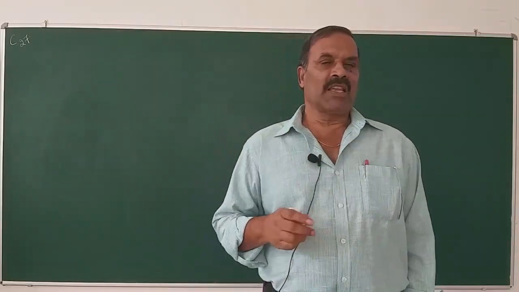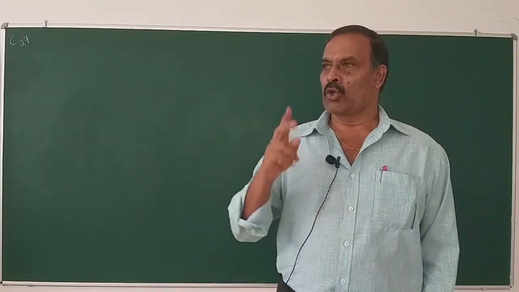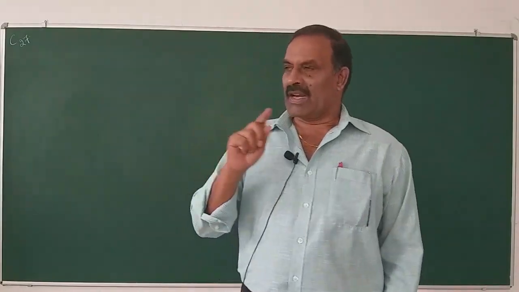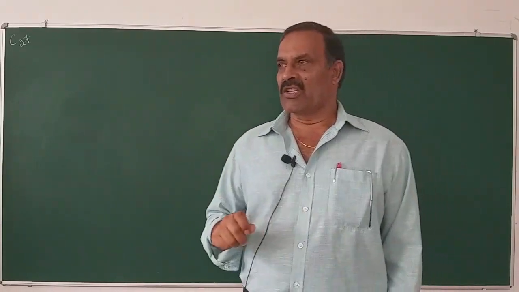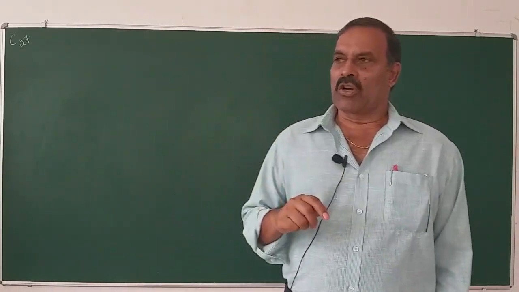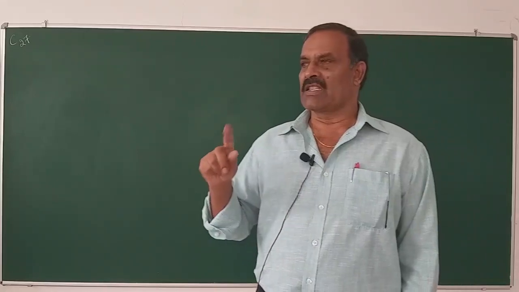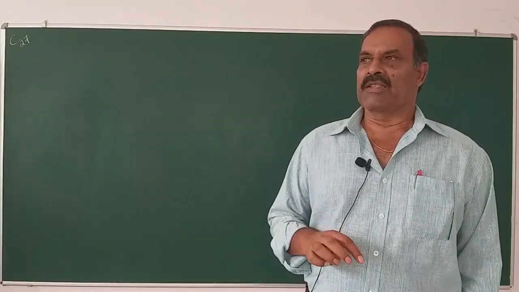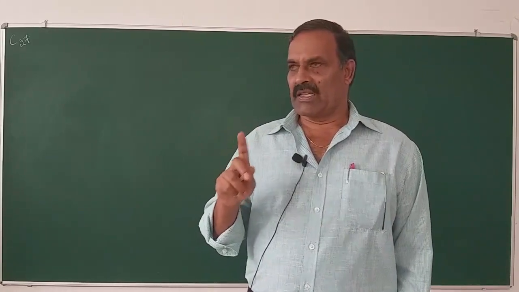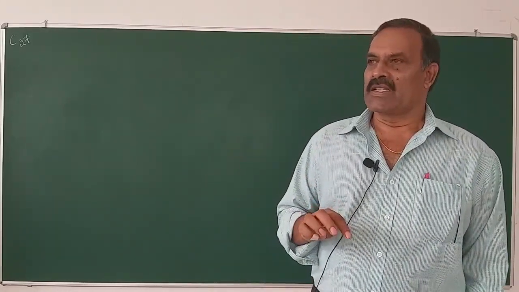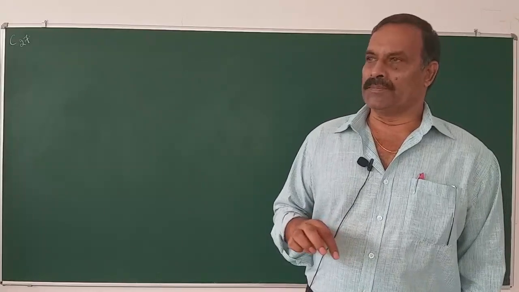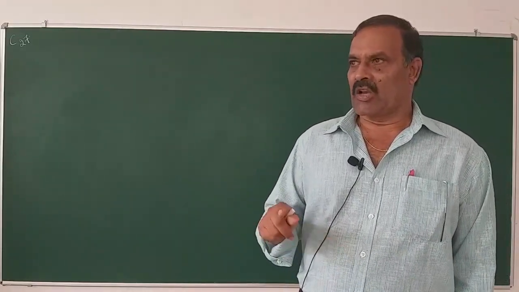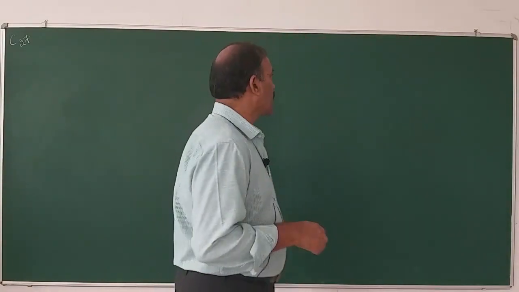The unit cell is characterized by two parameters, namely number one, the relative length of the edges. They are also called axial distances, small a, b, c, and another parameter is the angle between the edges, namely the axial angles alpha, beta, and gamma.